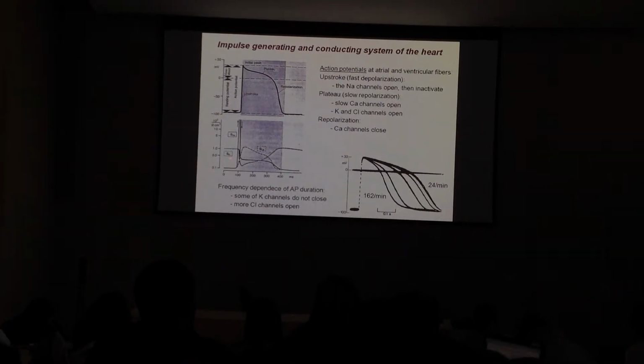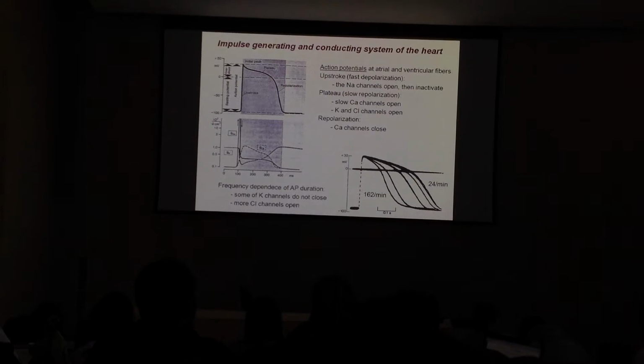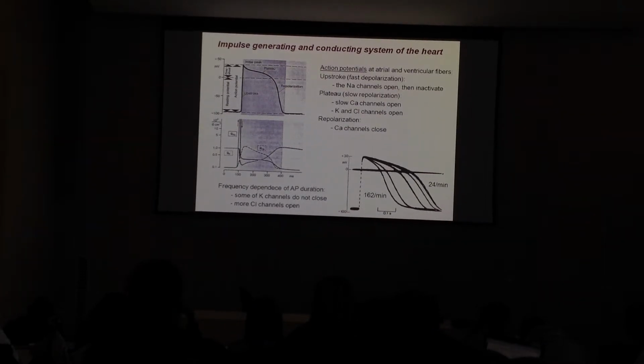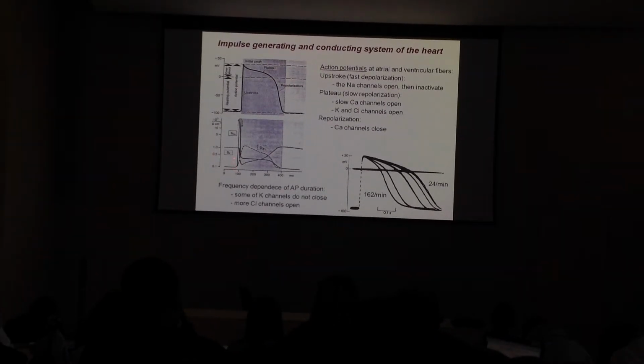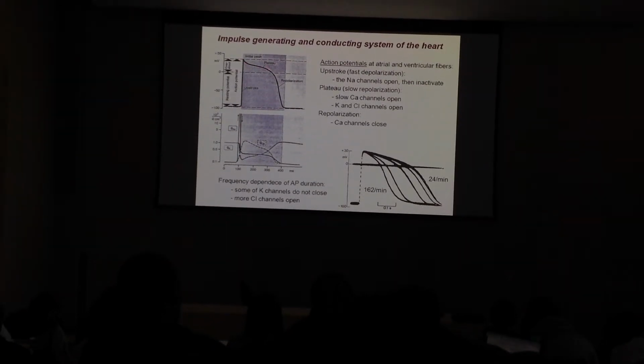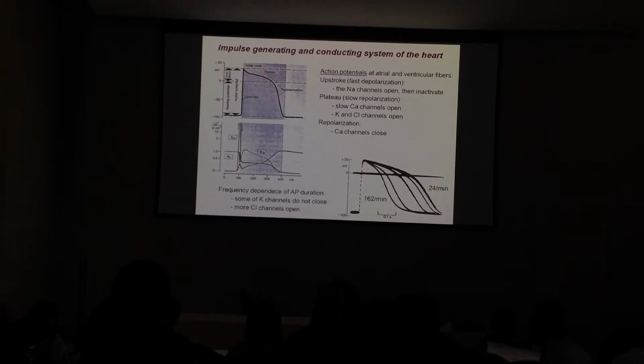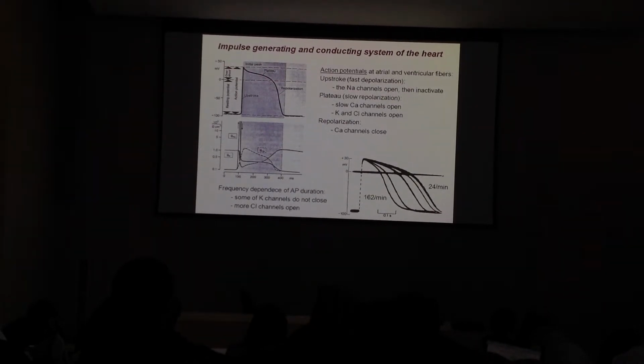But because the calcium channels are slower, and at the same time the potassium conductances start to increase, there is a transient period which is a slow repolarization,